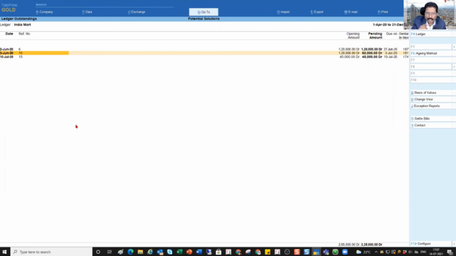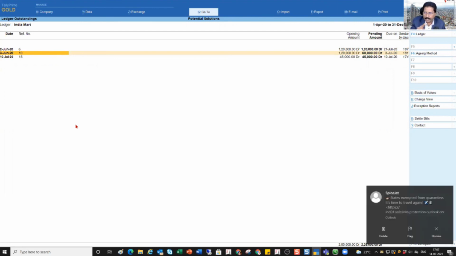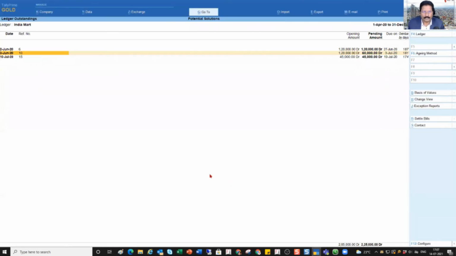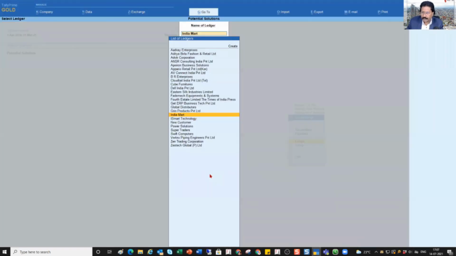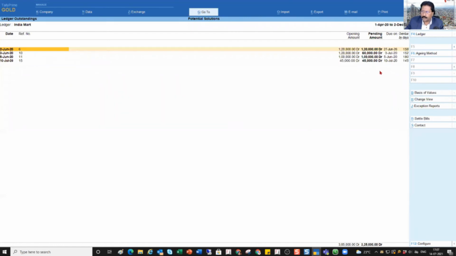See, your invoice number 11 is not getting displayed here because your current date is now gone to 31st of December. All right. But once you come back here again, your current date is always going to be as per your last regular voucher date. The 31st of December is post dated entry. So it is going to show you 11. This is how you can account for post dated check. So we have seen full payment, part payment, post dated.